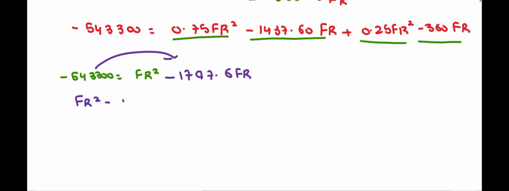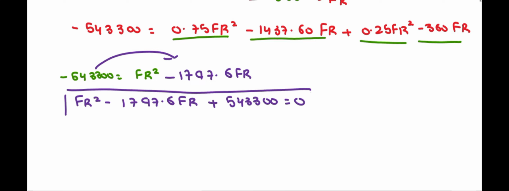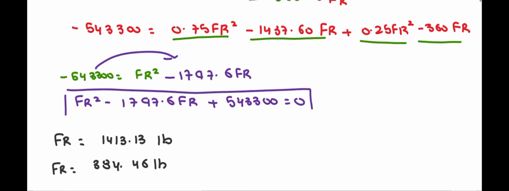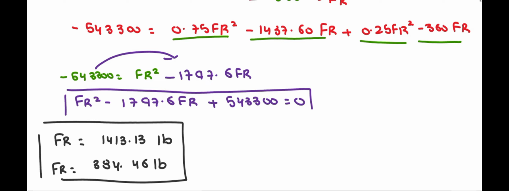Now shift negative 543300 to the opposite side so that it becomes positive. So FR square with negative 1797.6 FR with positive 543300 is equal to 0. So this is our quadratic equation. If you solve the quadratic equation through the calculator, you will get the answers of FR. The first answer of FR is equal to 1413.13 pounds, and the second answer of FR is equal to 384.46 pounds. Now, putting these values of FR into the cos beta and cos gamma equations